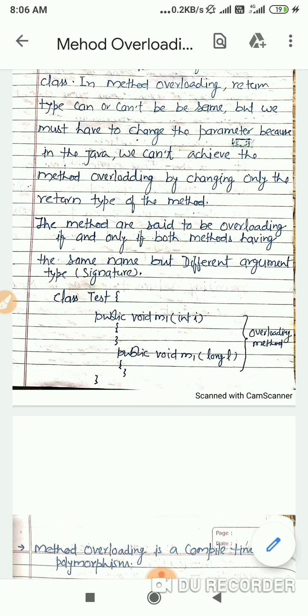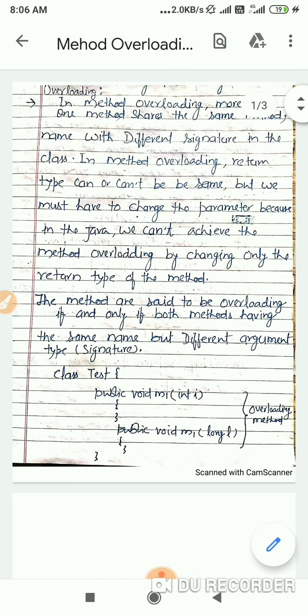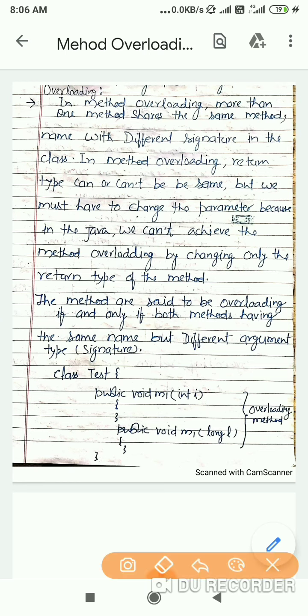As the definition says, in method overloading, more than one method shares the same name with different signatures. Don't be confused with the word signature. Signature is the parameters.